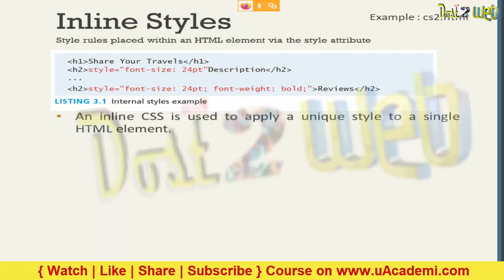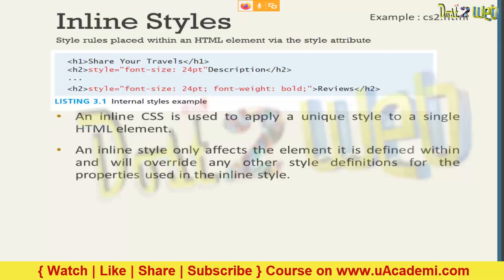So what is inline CSS? Inline CSS is used to apply a unique style to a single HTML element. Whenever you want a single HTML element to be designed, you are going to use inline CSS. The inline style that you are using will affect only the element it is defined within, and will override any other style definition for the properties used in inline style.